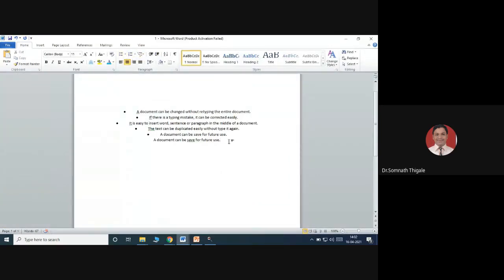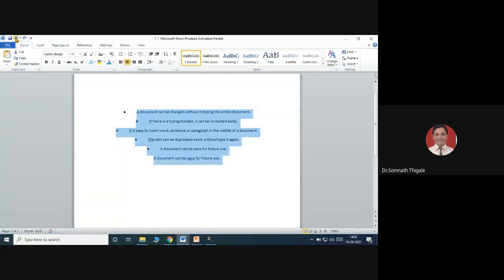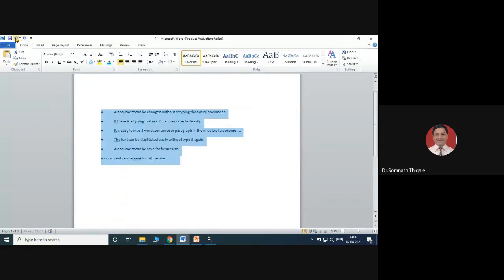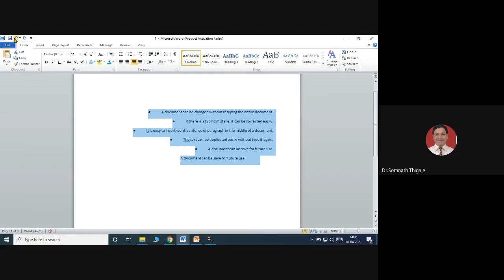If you want to bring it back, whatever changes I have done, I don't want to save them. So simply I can click here on an option called undo. You can click on this, or you can use the shortcut Control Z, and it will be back to your original position. So I'm calling this undo, and if I feel what I did was correct, click on the redo button. This is undo.